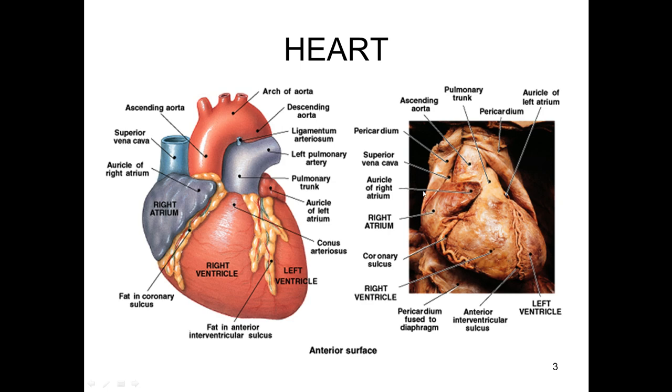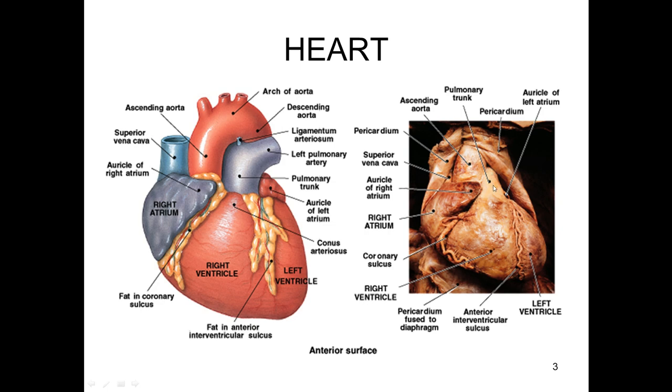So the same thing, this is the heart we have taken out from the cadaver. And what are the various structures? This is the right ventricle, right atrium, and right auricle. Left ventricle. The major vessels we can see: the ascending aorta, the arch of aorta, pulmonary artery, superior vena cava.